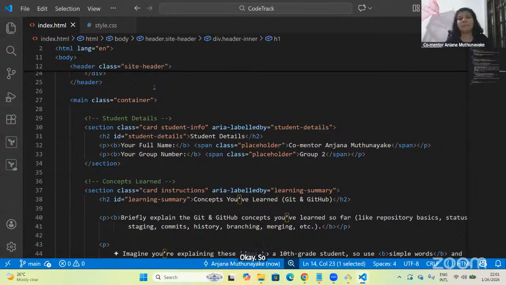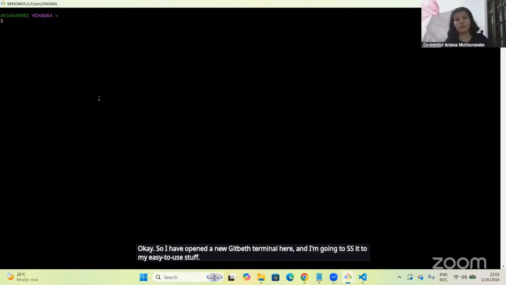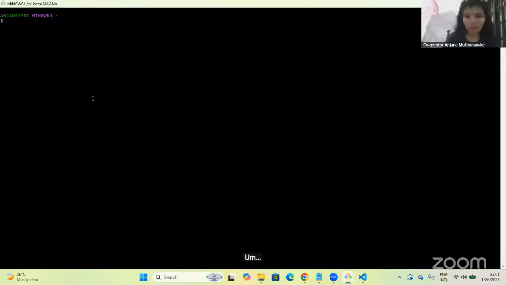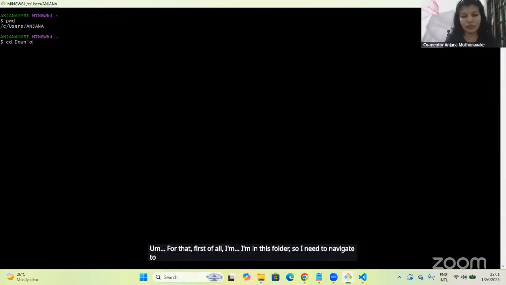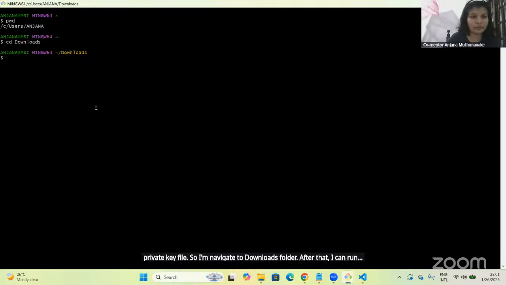So I have opened a new Git Bash terminal here, and I'm going to access my EC2 instance. For that, first of all, I'm in this folder, so I need to navigate to the downloads folder, which has my private key file. So I'm navigating to the downloads folder. After that, I can run the